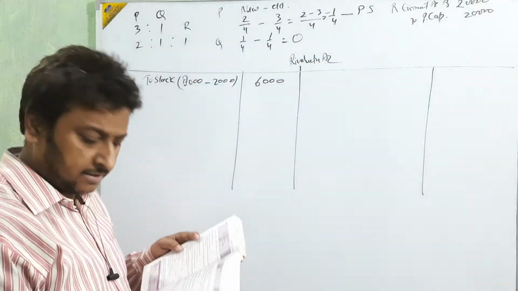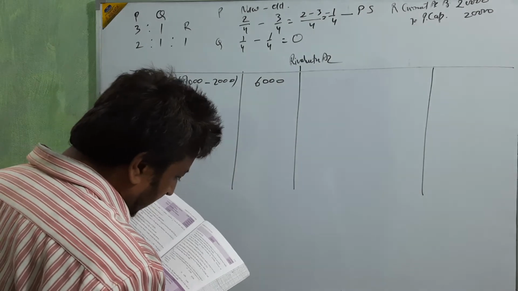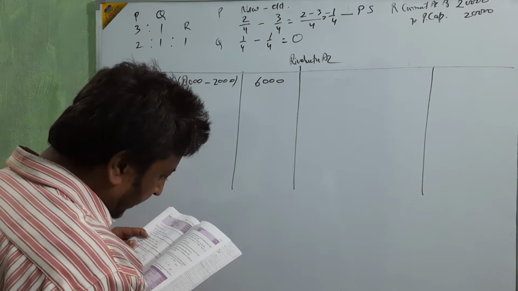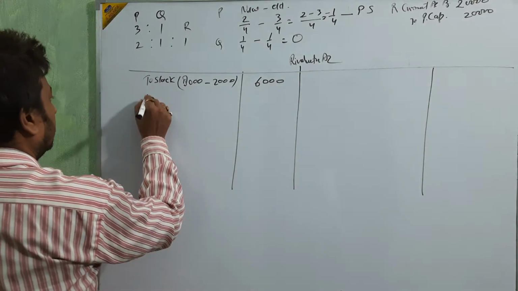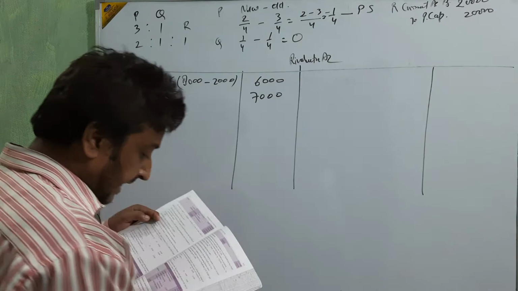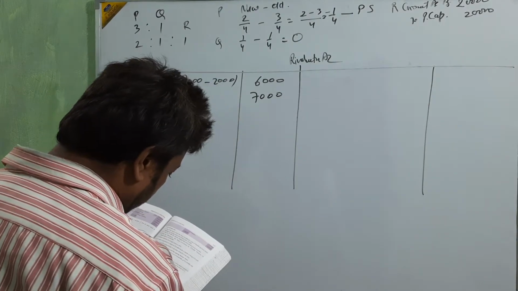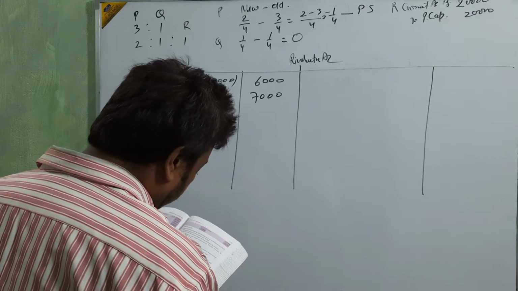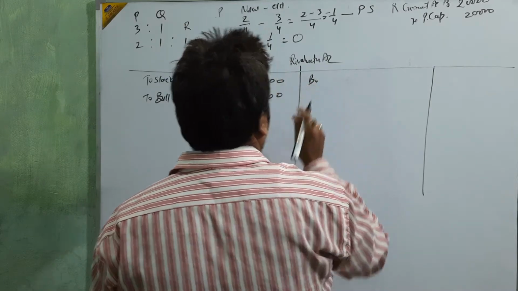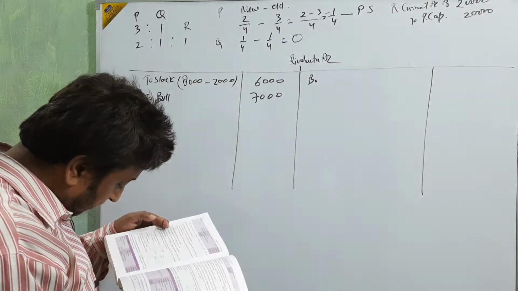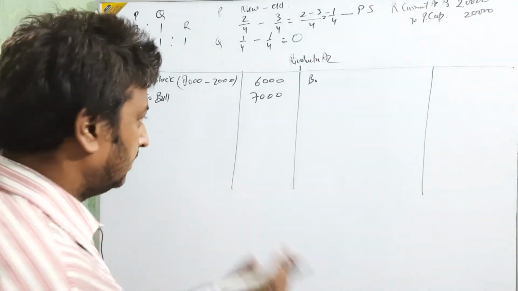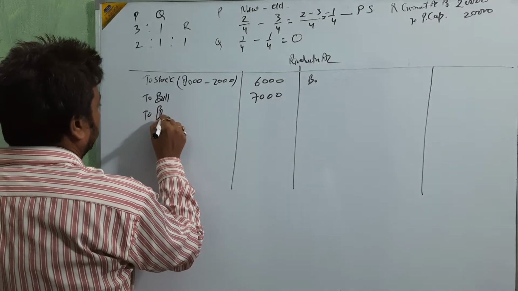It means our loss on stock is only 6,000. Clear? Next, a bill of 7,000 for electricity charge has not been recorded. So then there is a liability for the bill of 7,000. Next, plant and machinery was found overvalued by 20,000. It means the value of plant and machinery is 1,40,000, and 20,000 less is the right value.